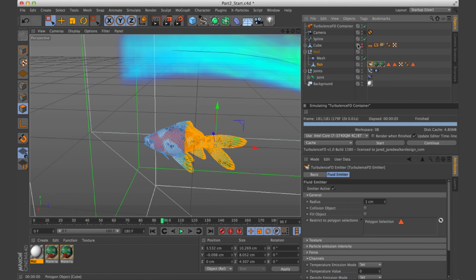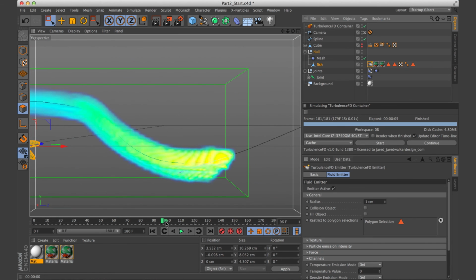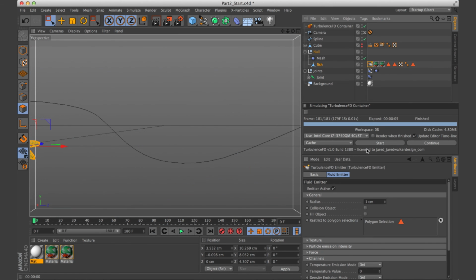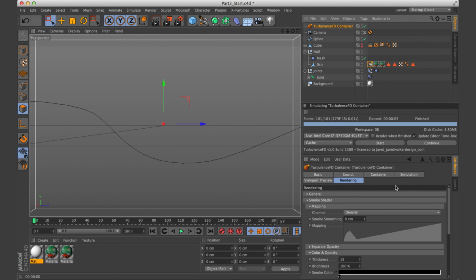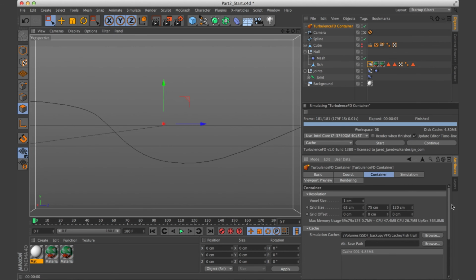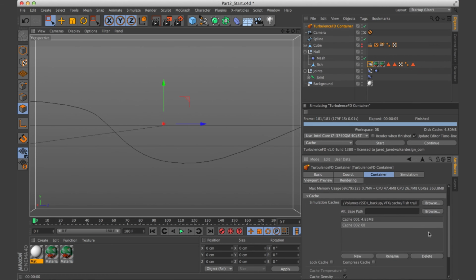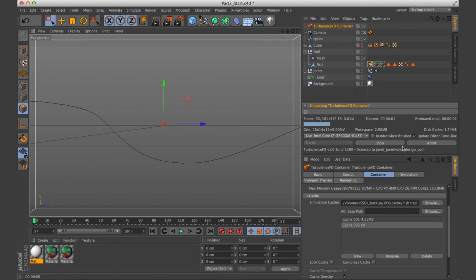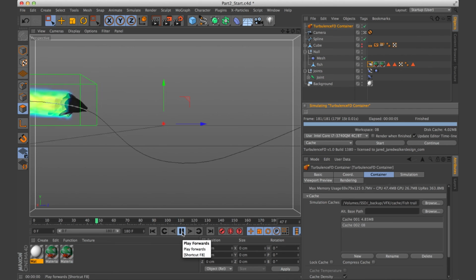So now if we go back, and go back to our container, and the container tab, and make a new cache, and then run the simulation again. This time it should just be emitting from the back.